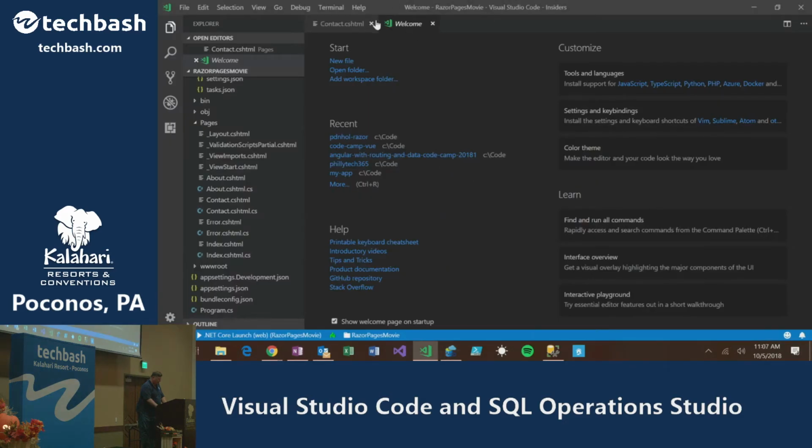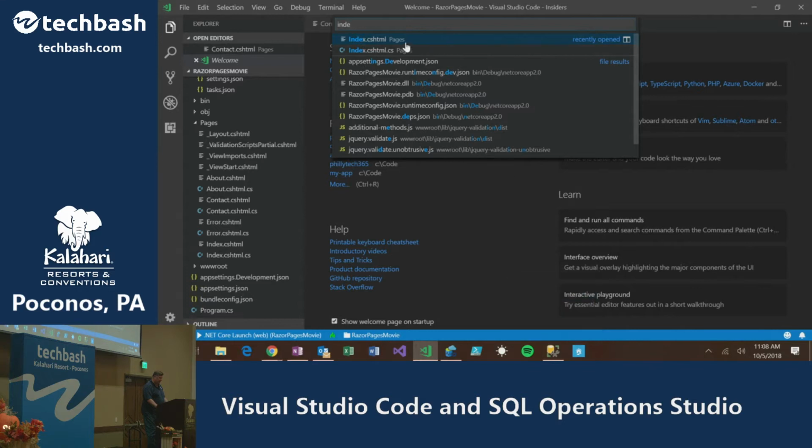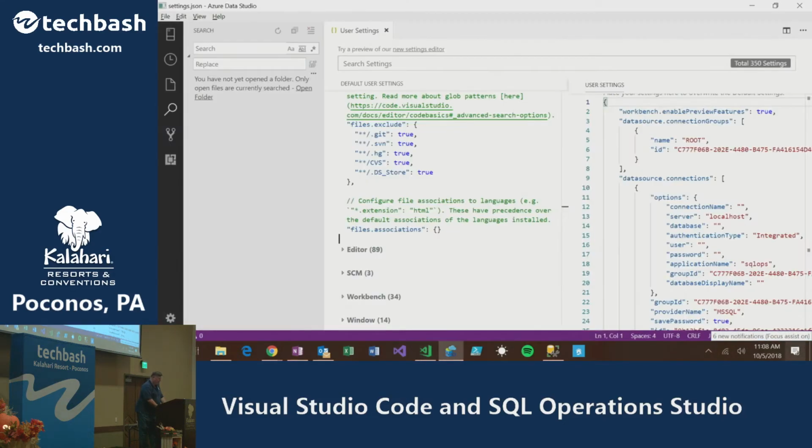So you should be able to find things pretty quickly. Another thing that they use the top bar for, if you want to open a file, if you just do a Control-P, that is what they refer to as a quick open. So that shows all the files in my project, and it has a type ahead. So if I want to go look at index.html, I can just type that out and open that right away. So that makes that easy to do. And I believe they're going to implement the same thing in the data product once you start working with SQL connections.